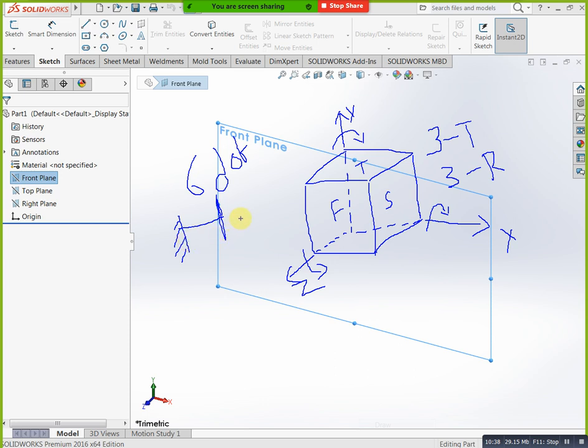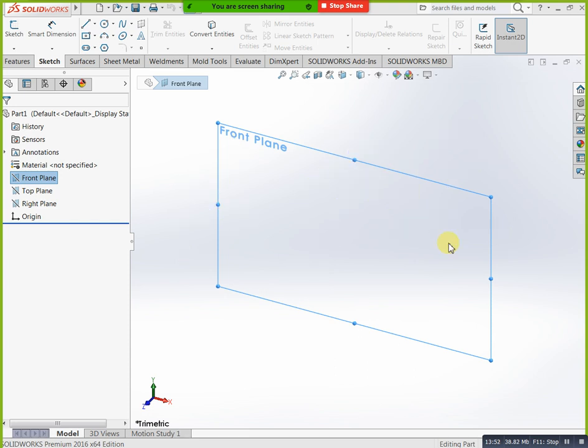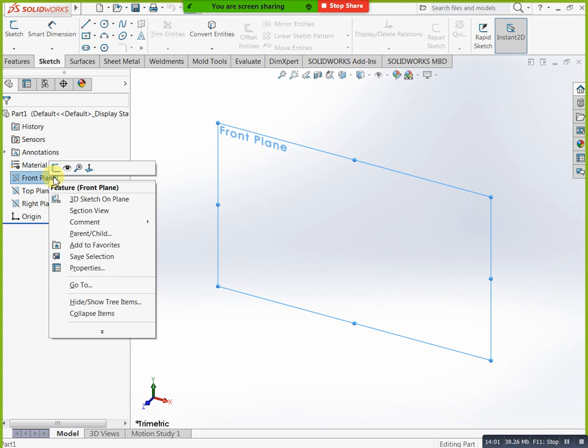Now understand, na, front plane, top plane, right plane. Whichever plane you need, you can select that plane and right click here. Okay, when you right click, this dialog box opens automatically. In this dialog box we have 4 options. Just you can see: sketch, show, zoom to selection, normal to. Okay, first of all, what is sketch and what is show and what is zoom to selection and what is normal to. Okay, first I will explain about sketch.